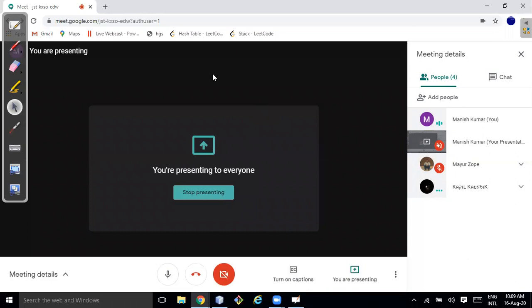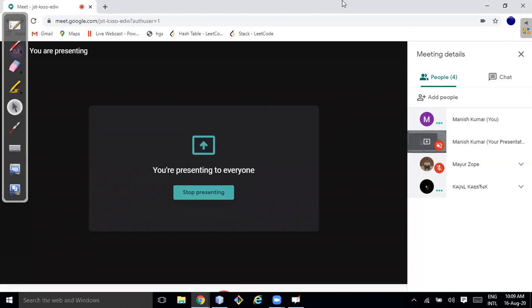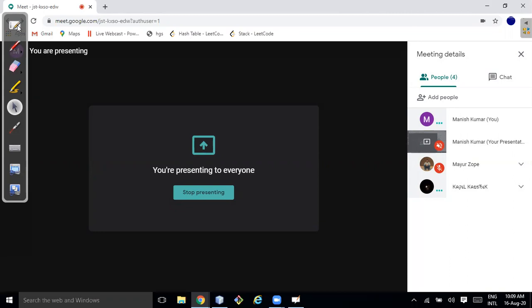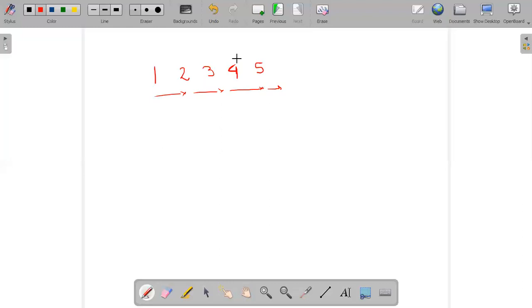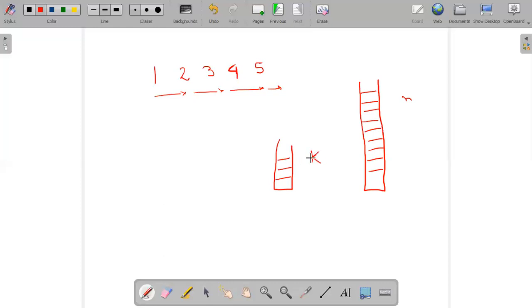No, that is not the case. Let me tell you one more thing. If your input size is n, and it is taking n space, and suppose you are creating one more array of size k, and k is constant and not proportional to n.